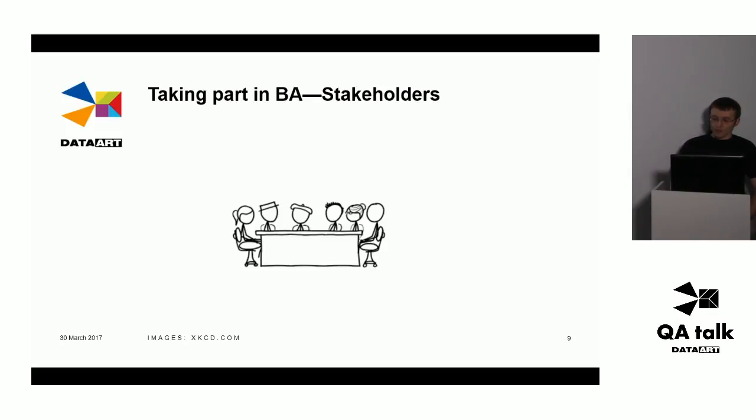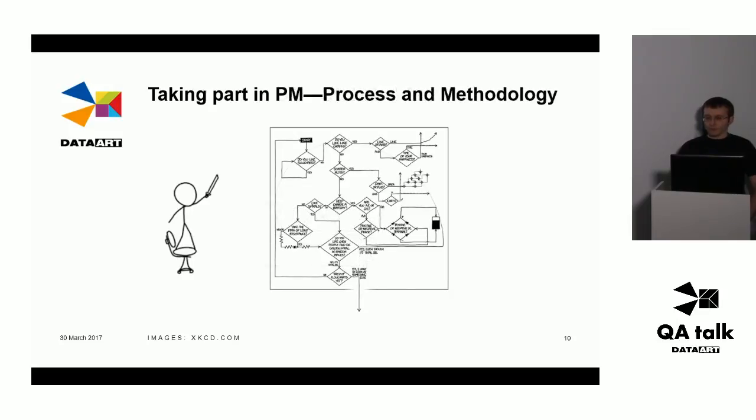Let's now switch to the project management part. For project management, apply your critical thinking, analyze your process, find root causes, try to make your process better. There are many ways to do it. The right place to start is retrospective meetings.